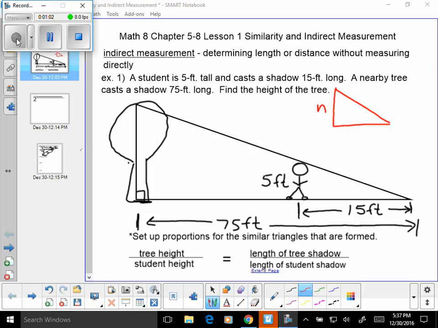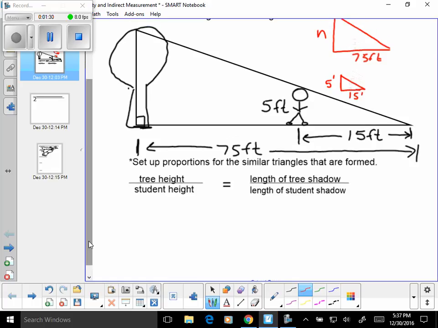with an unknown height here, and we know that the shadow is 75 feet. The student, on the other hand, makes a smaller right triangle. We know that the student is 5 feet and casts a shadow that is 15 feet. Now, a diagram like this, rather than an inscribed diagram like I drew first, might help make things a little bit more understandable. What we're going to be doing is setting up a proportion for the similar triangles that are